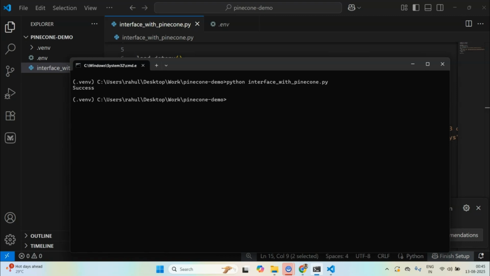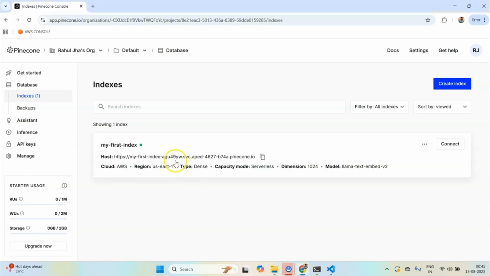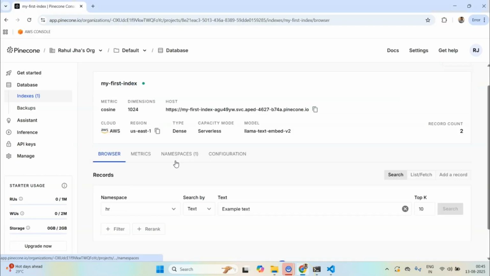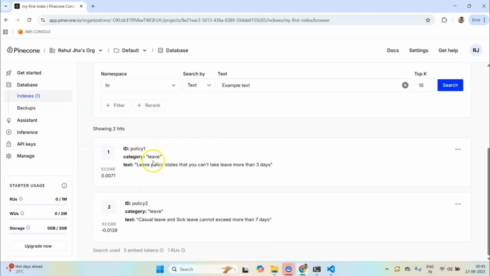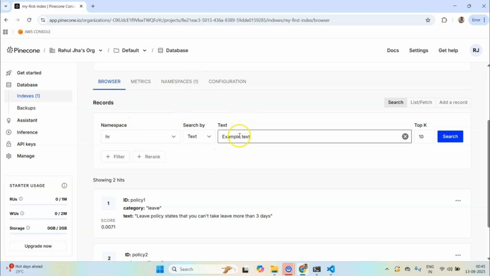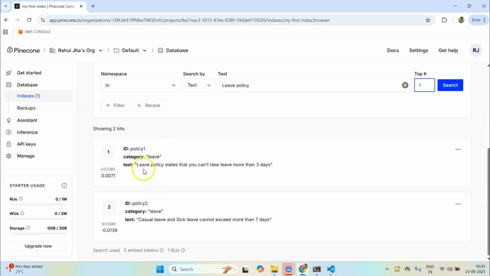we should see the success message, and it should be relatively quick, and we see the success message. So now that we have created these records, let's open the index and refresh. We are seeing two documents, and from within the Pinecone dashboard, I can do some searching. Let me search for leave policy and return 1, because I only have two documents.